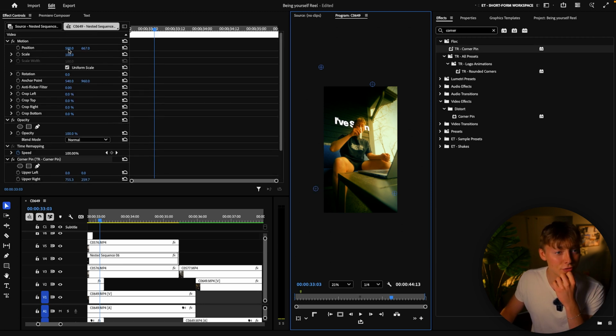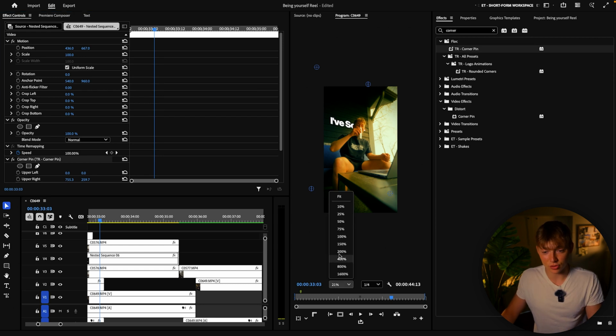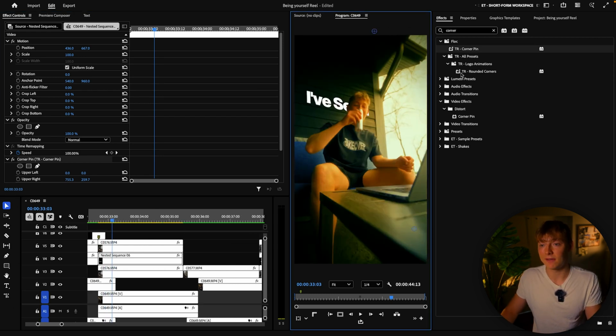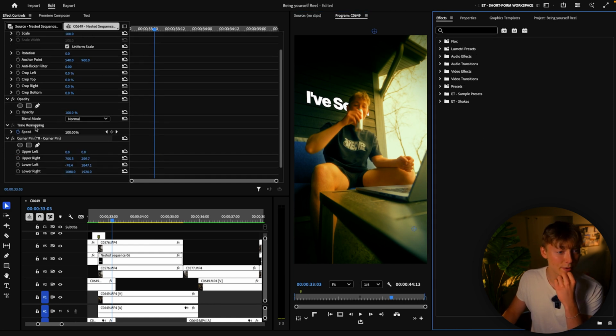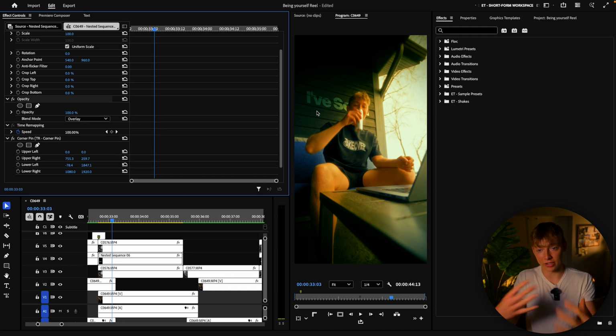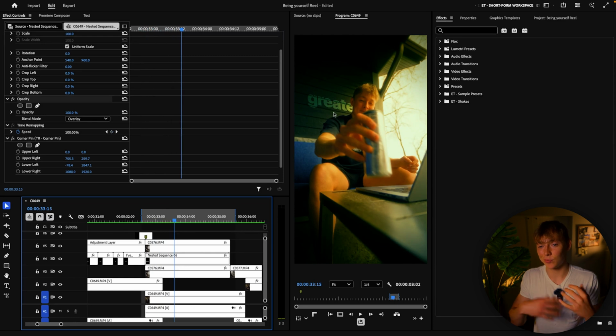Now, all you have to do is bring the motion over here. And now when I zoom back in, it looks like it's behind my head. We can make this effect sell even harder by coming into the opacity, and then I like to do an overlay so it really blends in with the background, this overlay. And then when I play this, you can see it kind of really